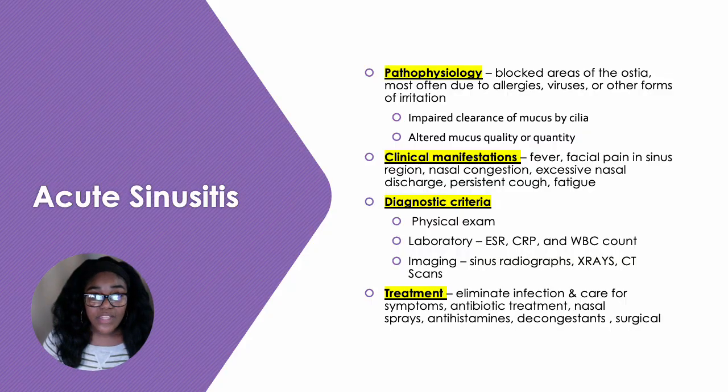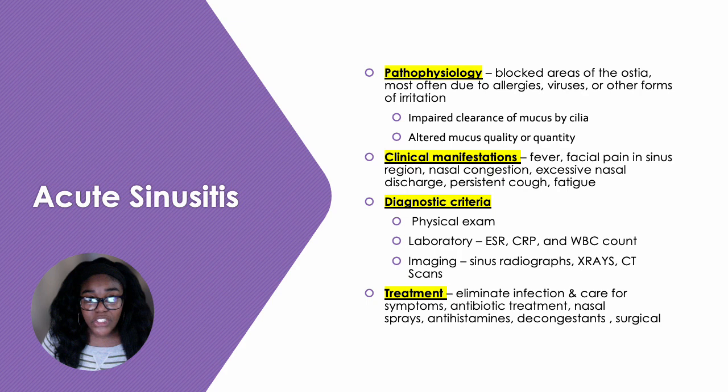So we'll start with sinusitis, and generally if you see "itis," that indicates some sort of infection or inflammation process as relates to that area of the body. So we're talking about acute sinusitis, and this is a sudden development of this disease. When we discuss the pathophysiology, it is blocked areas of the ostia, most often due to allergies, viruses, or other